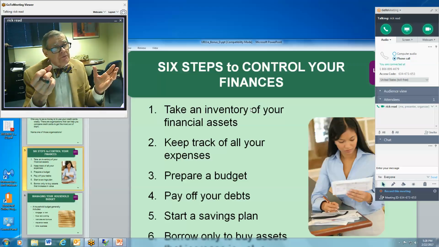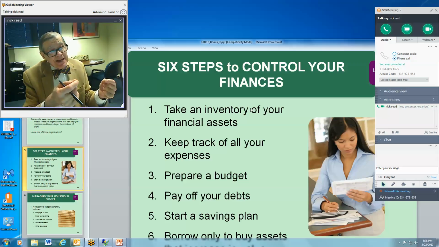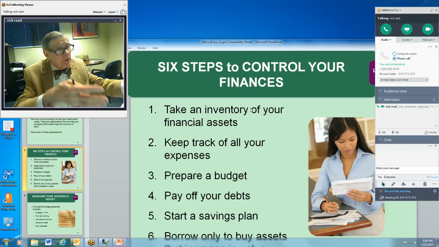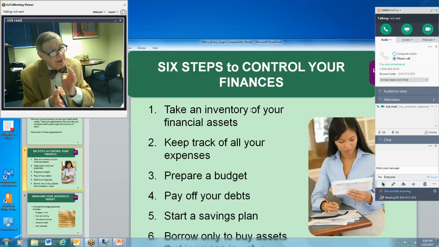Many people think that a budget's going to be a hard and fast rule. And in some cases, depending upon where you are, a budget can be a hard and fast rule. But a budget's a guideline. It tries to keep you within certain parameters. And so it just tells you, here we are, here's where we want to go, and let's try to keep our expenses, in this case, under control.